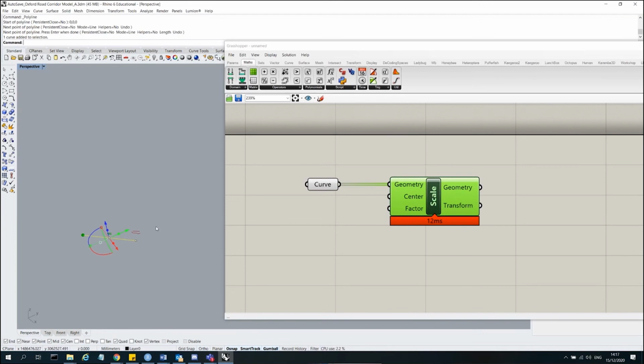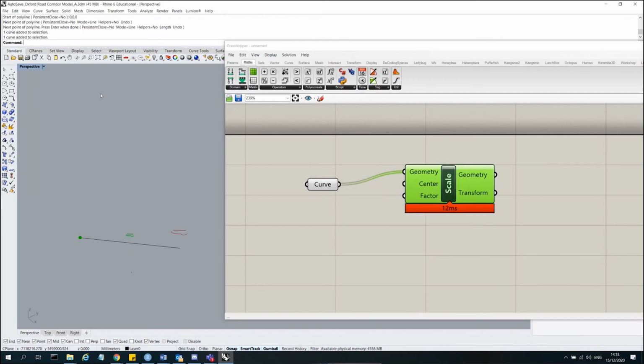So this is my line, right? So let's do the same workflow but in Rhino and not in Grasshopper, so you can understand what the difference here is. If I take this geometry, I scale it, so this function called scale, but there's also, in any 3D modeling software, another function, right? So I can go scale,